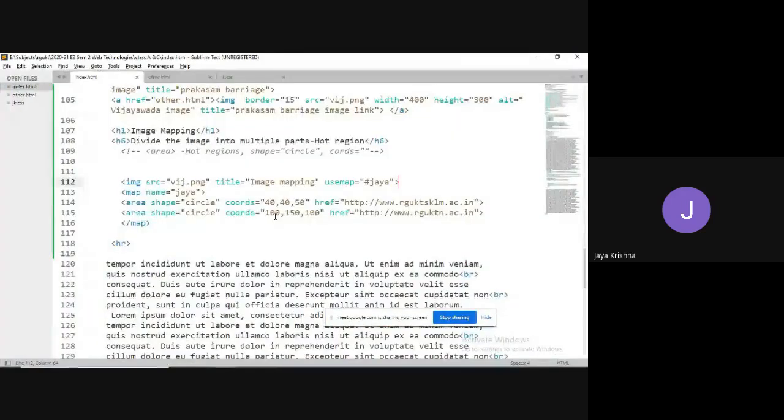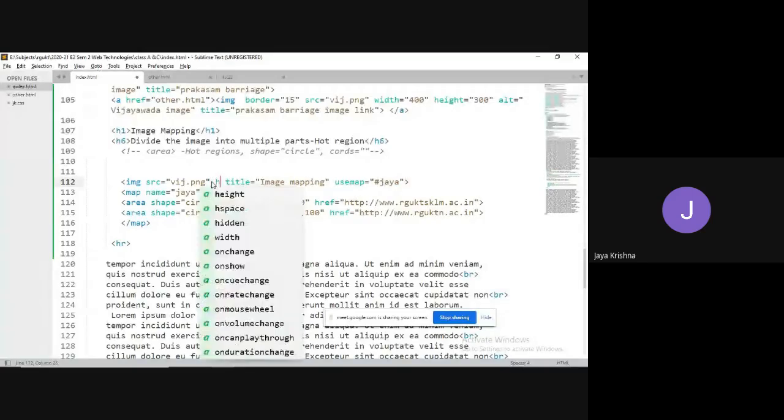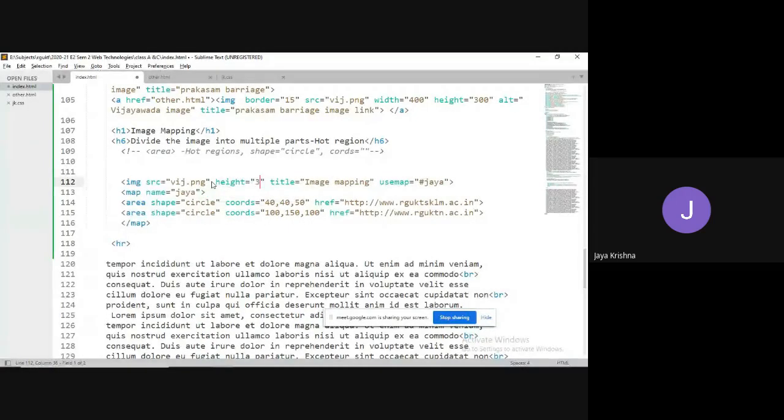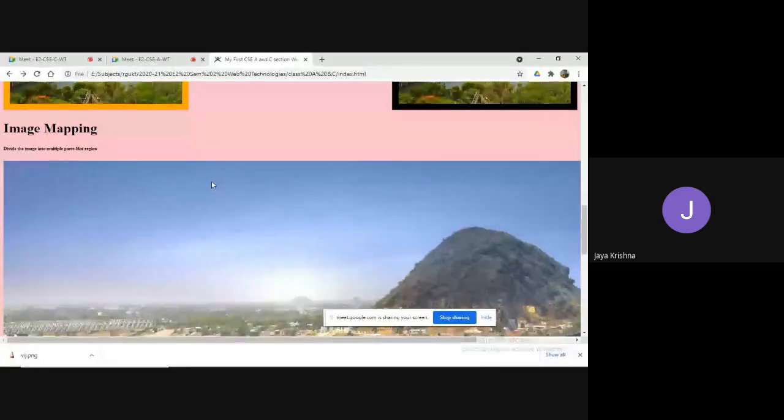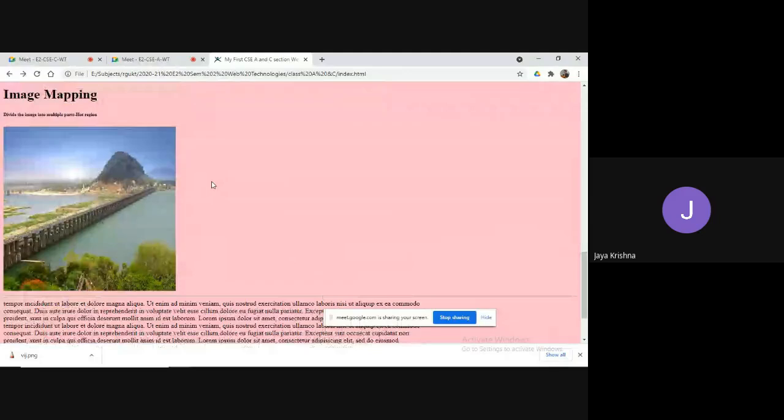Okay, I have to set the height and width, both I will take. Yes. So guys, you can observe, my cursor looks like a normal arrow on this image mapping. If I move like this, automatically it is converted to a link. I am moving, again it is converted to a normal arrow. Moving, link. Everything is a link. See, observe, it is a non-link.